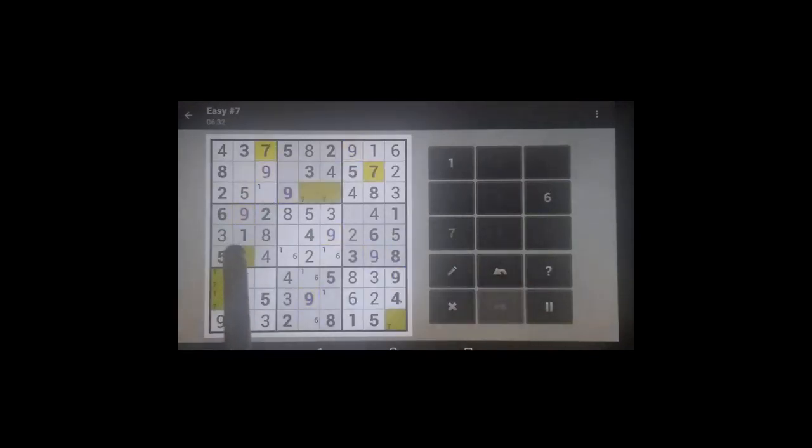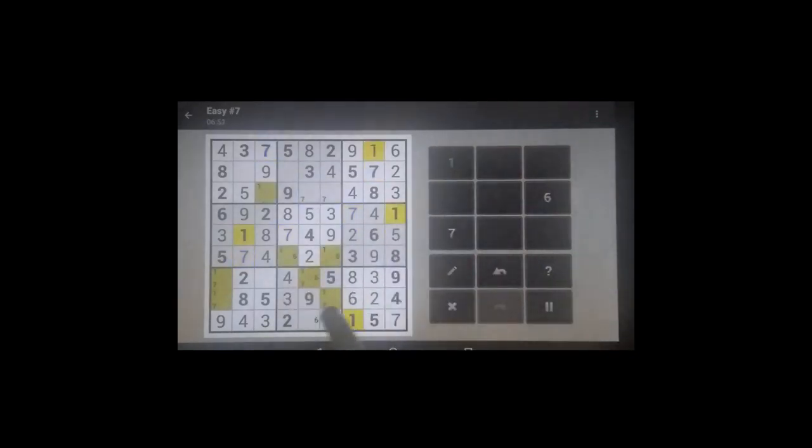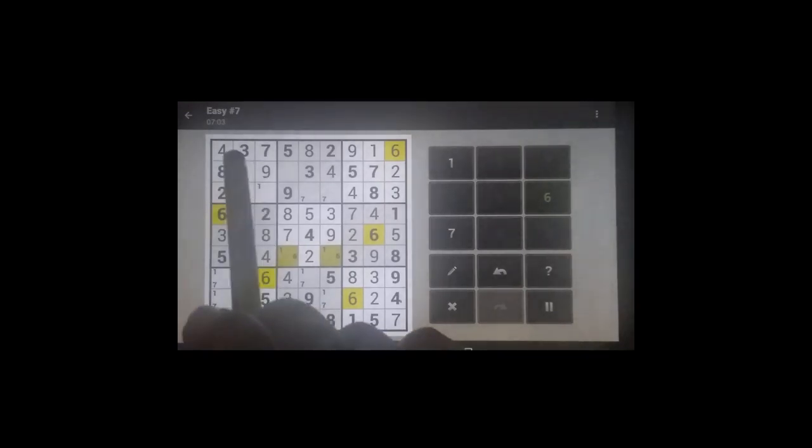To the 7, last one, that blocks that row, meaning that has to be a 7, and this is the last one, it's got to be a 7, and then it needs to be either here or here. Now that makes it a locked pair with the 1, so those are the 1 and the 7, meaning the 6 gets kicked out and has to be down here. This 6 blocks this entire column, so it's got to be over here,